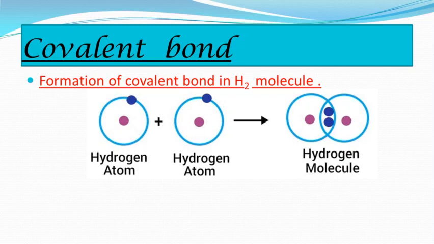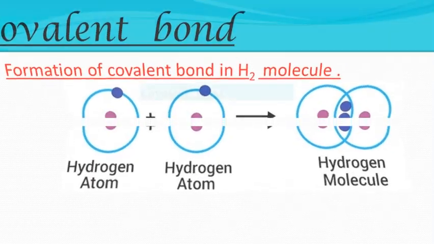That means a bond which is formed by sharing of electrons is nothing but a covalent bond. So from two hydrogen atoms, a hydrogen molecule can be formed with a single covalent bond. You can see on the screen the diagrammatic representation of the electronic configuration of the hydrogen molecule formed from two hydrogen atoms. A covalent bond between two atoms is also represented by a dash joining their symbols. So this was the first example of covalent bond.